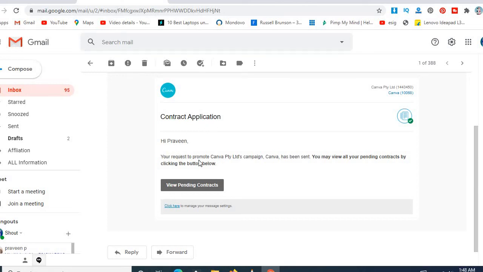Hi Praveen, your request to promote Canva Private Limited Company has been sent. You may view all pending contracts by clicking the button. Just click this button, and you are going to log in to your own Canva page.